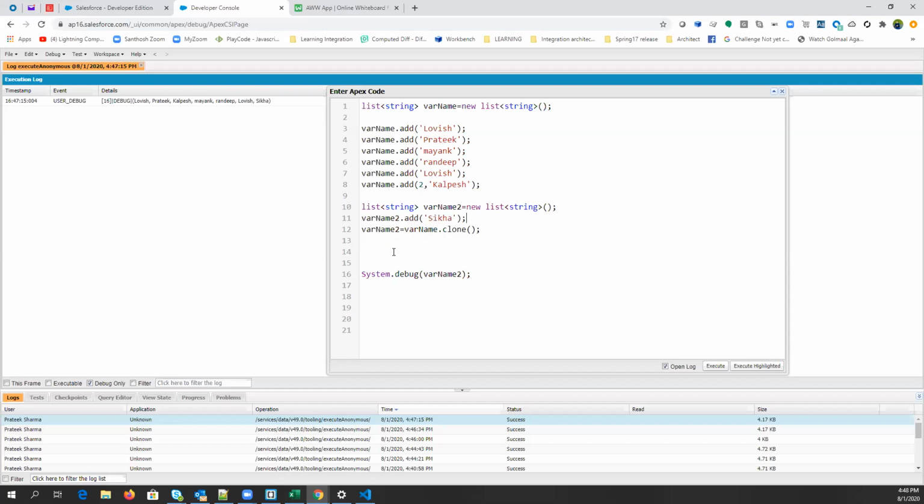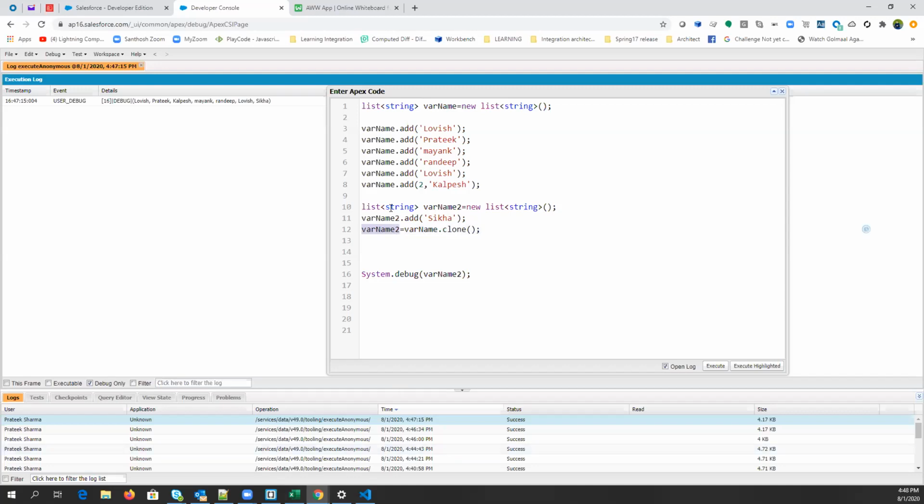Now Sikha was there in index number 0 of var name 2. Am I right or wrong, Sonali? Yes, sir. But when I called this clone method, I was assigning the copy of var name to var name 2.